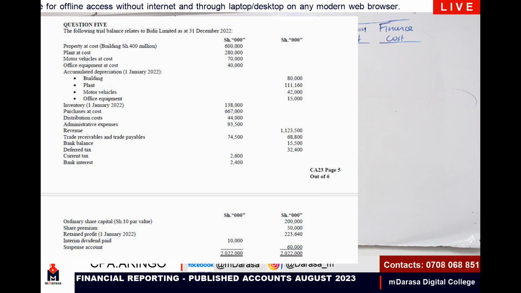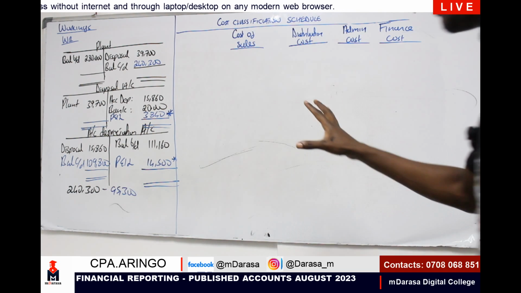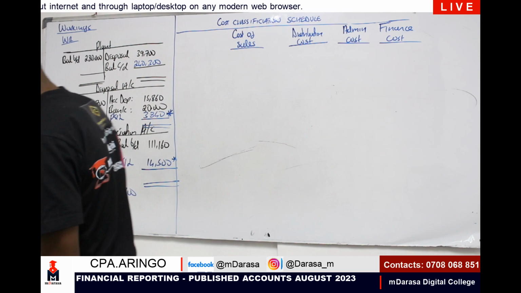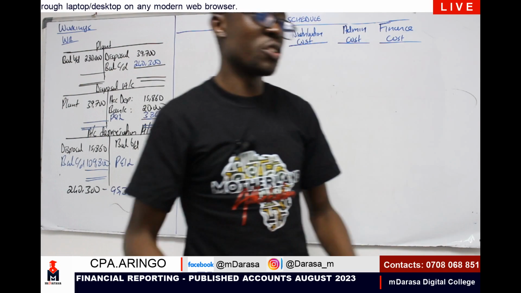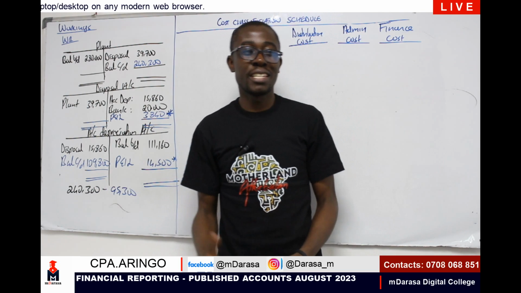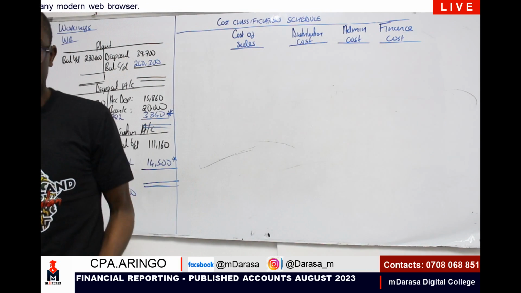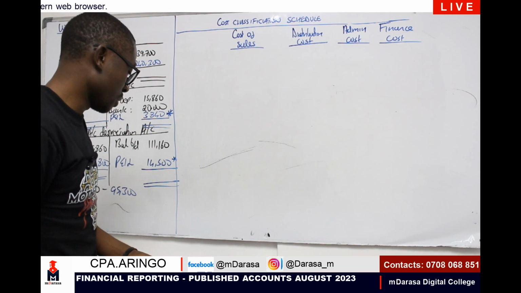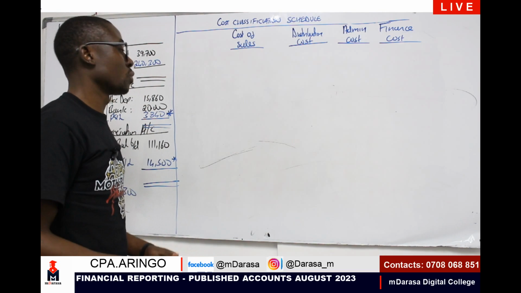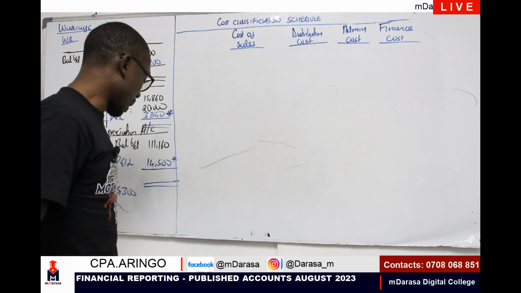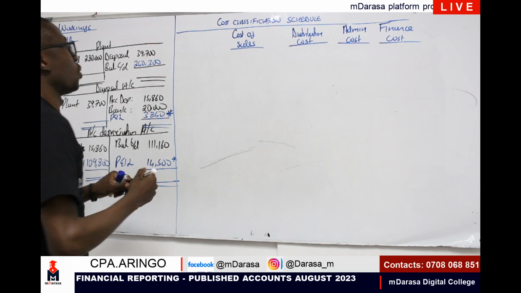Let me remove this question on the page so that you can see it clearly. Remember, I'm going the long route so that you can understand it. If I told you to use the shortcut, the concept will not sink clearly. But if you understand the whole bit, then when you use the shortcut, things will be very easy, right? We start by considering our balance breakdown, or reported.